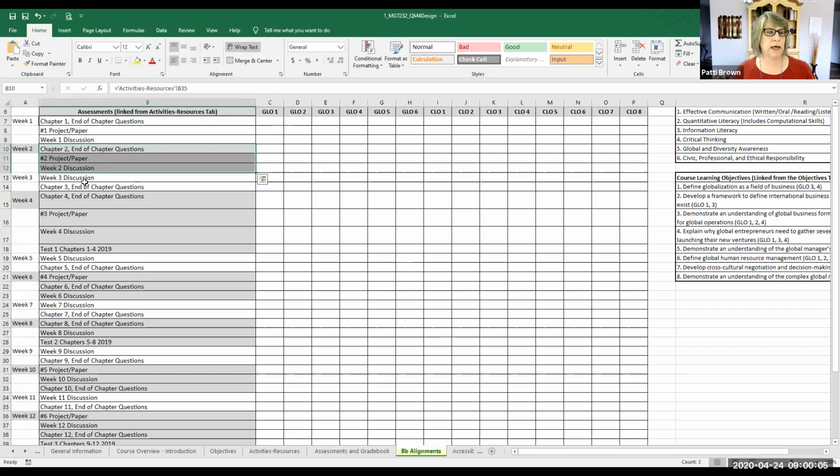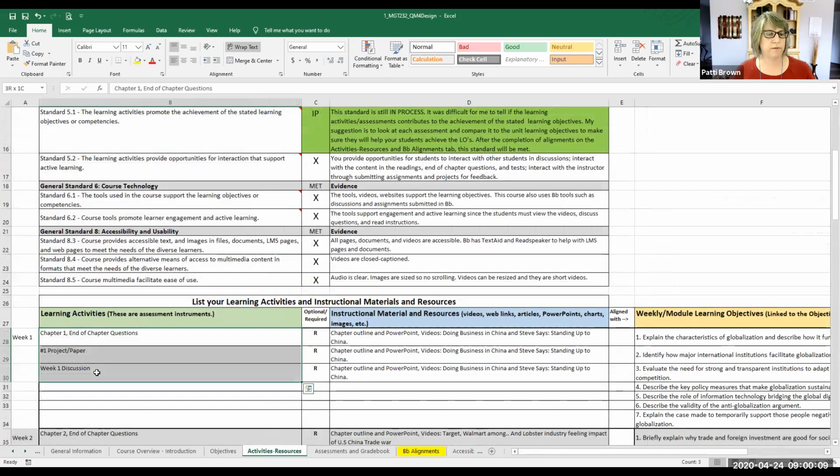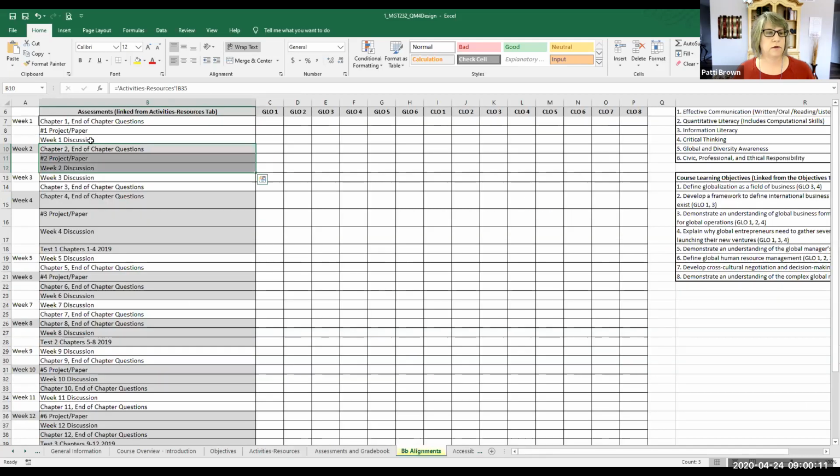And again, I didn't type anything here. This all came from this particular tab, so I only have to type it in once. So all of these populated here, and then I'm going to ask the faculty, okay, can you tell me how this project relates back to these course learning objectives? And then they will fill out this chart for me. Again, it's a great opportunity for them to see